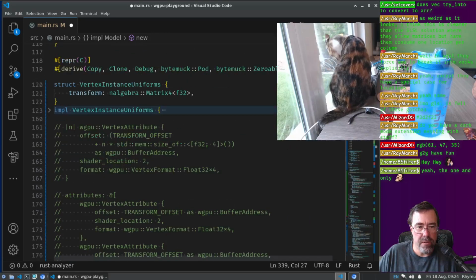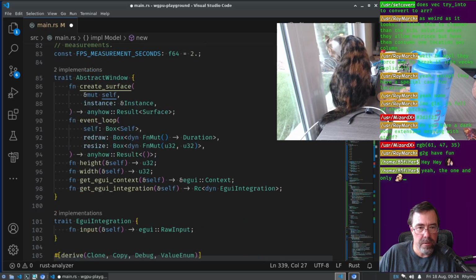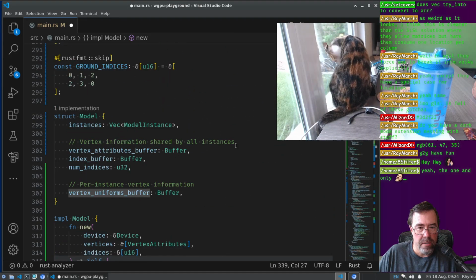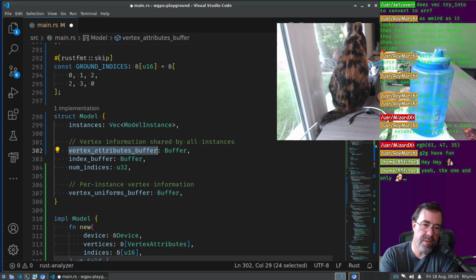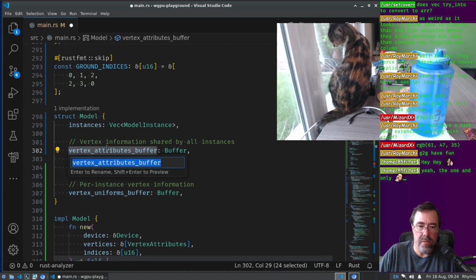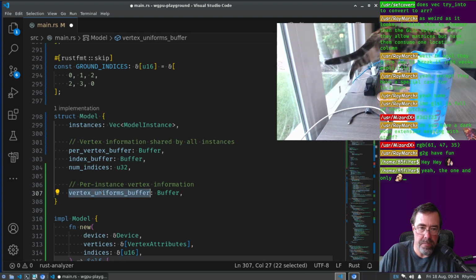I'm wondering if I should call that per vertex buffer and per instance buffer. Lost my place. Instead of vertex attributes buffer, attributes isn't really the right word because this is passed in per attribute also. It's just getting the same value every vertex. Yeah, let's rename that to per vertex buffer. And we'll call this one